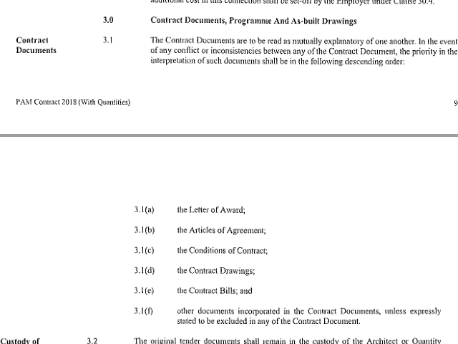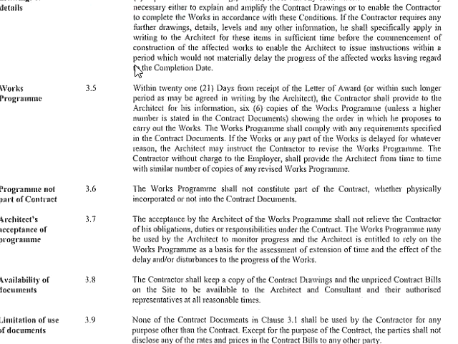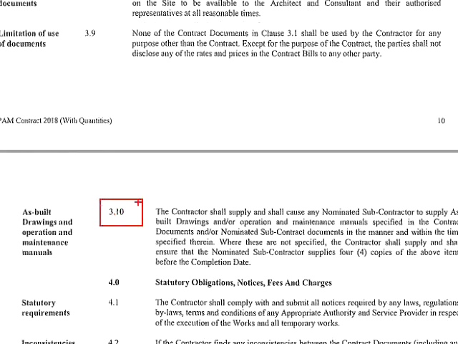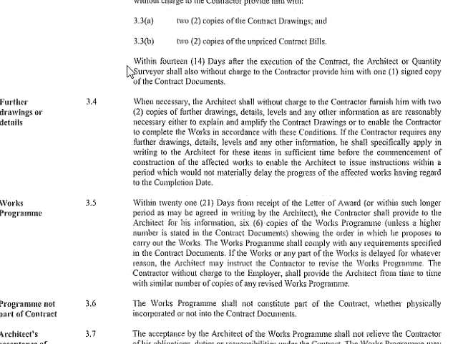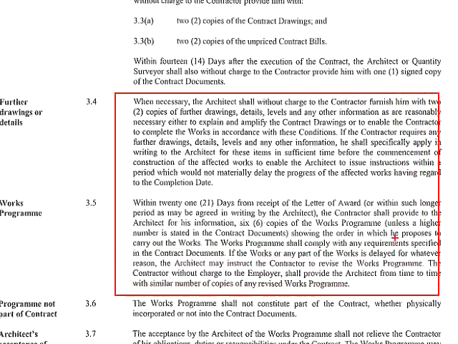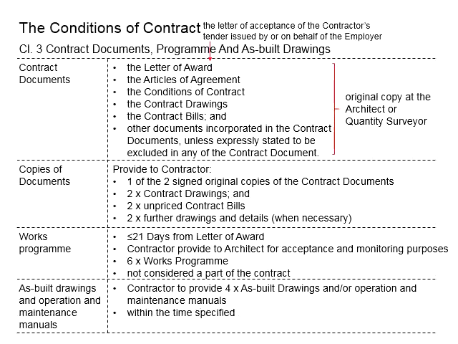Clause 3 in PAM Contract 2018. This clause basically establishes the contract documents, program, and also the as-built drawing. Within this clause, there are 10 subclauses. For the relevant statement, you may refer to the PAM Contract 2018. This slide shows the simplified version of the information given in clause 3: the contract document, program, and the